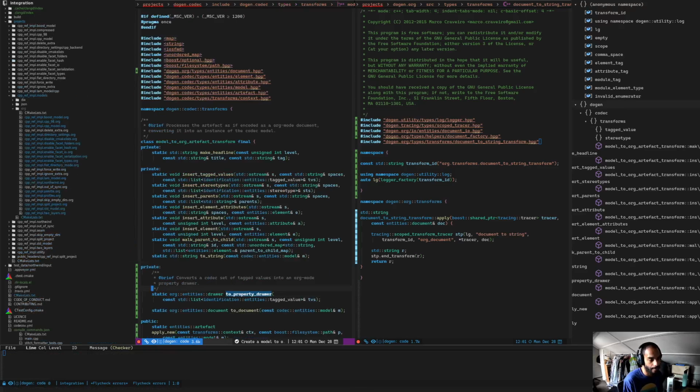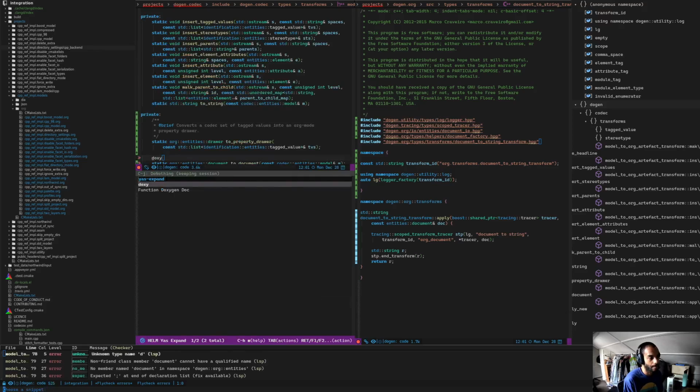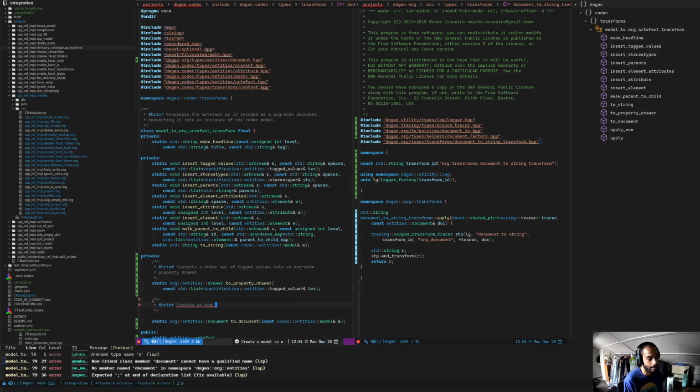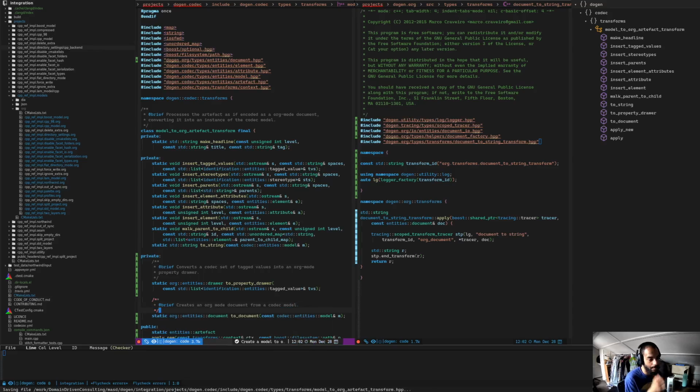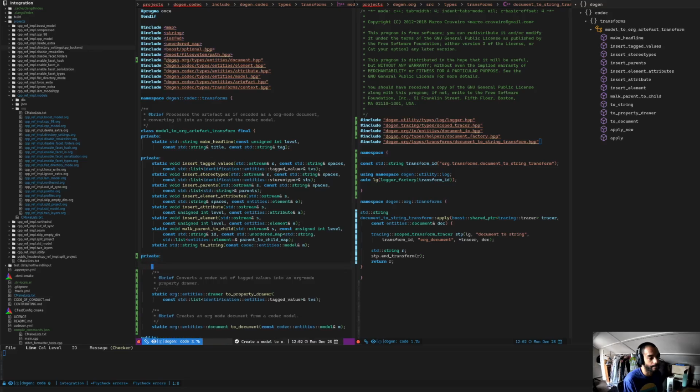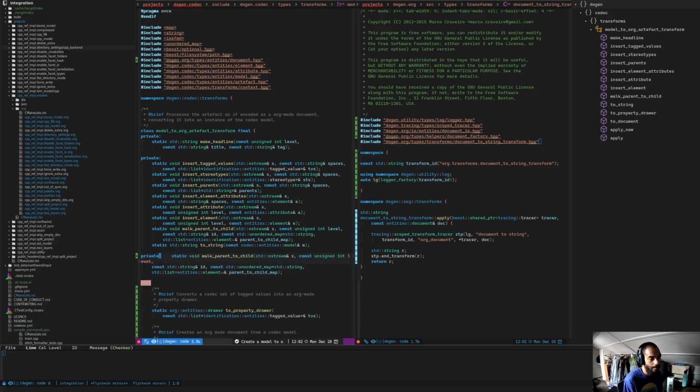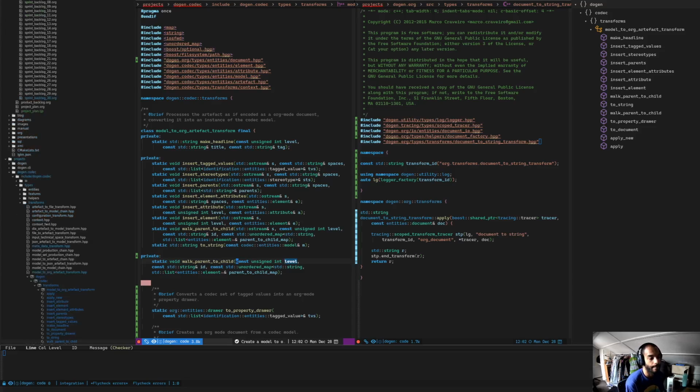So the way we're going to walk parent to child is going to be, first we don't need the stream. So create an arc document from a codec model. So there's just a bit of noise in the background. Okay, so we don't need a stream,